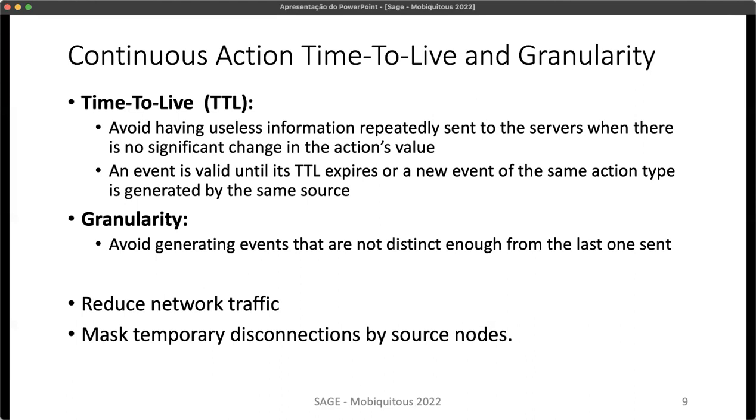We also define the granularity of actions. For instance, for a given application, tilting a device 30 degrees or 34 degrees may not be distinctive enough to produce a new event. So in that case, we do not send the new information. In fact, what we do is divide the continuous domain into chunks, and only if an action event crosses the boundary of one of those chunks does it generate a new event.